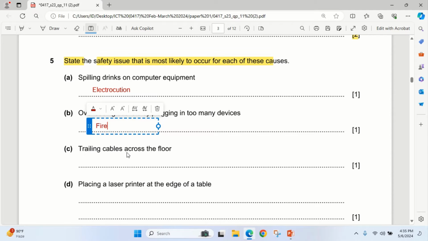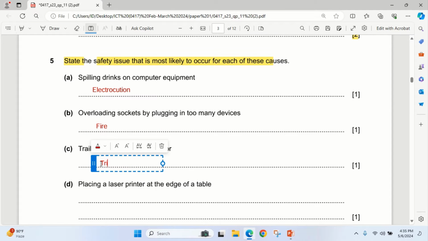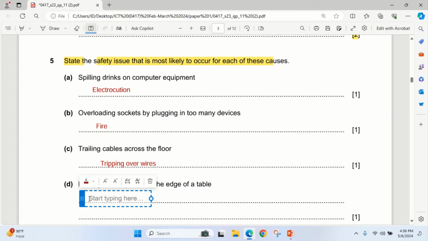Then trailing cables across the floor, it could lead to tripping over wires. Then placing a laser printer at the edge of a table, definitely that is heavy equipment which could fall to injure people. So take note of that. That is heavy equipment falling and injuring people. Okay, it will not just fall, it could fall, yes, it may get damaged and